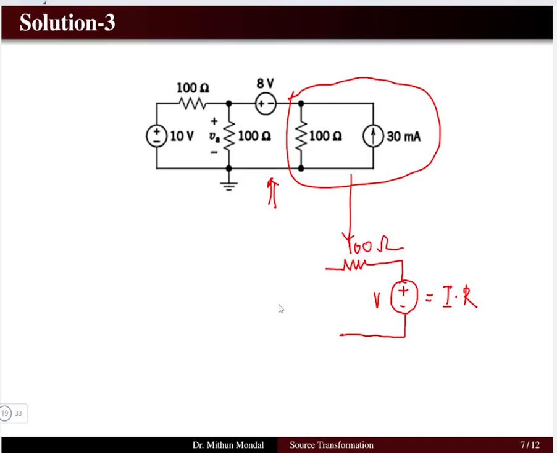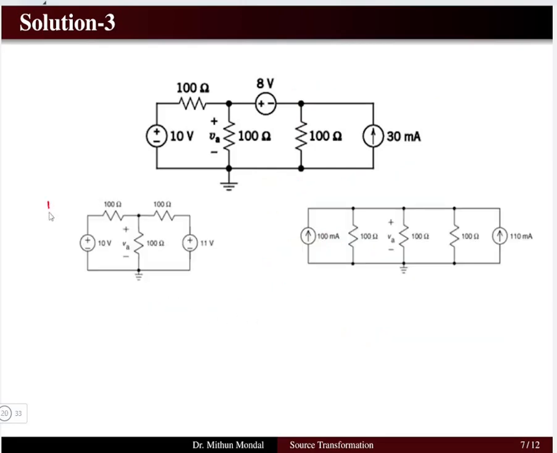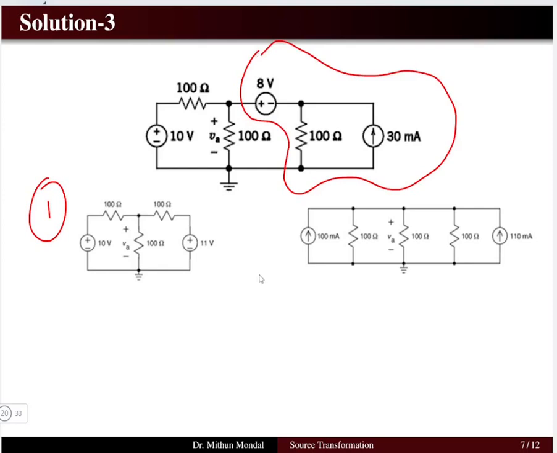Now if we observe further, what we observe is that there is a voltage source here. So this voltage source is equal to 8 volt. Now if I look at the other end of the circuit, I see that these two voltage sources can be combined together with this one resistor to simplify the network. So step one that we are going to get is from this part of the network. Okay, so this part of the network, if we simplify, we are going to get an 11 volt source